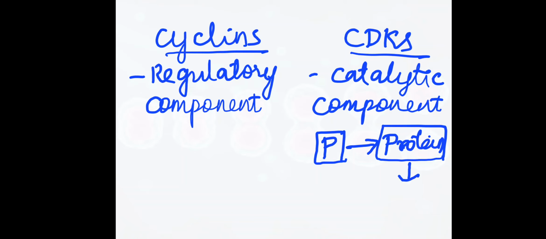Especially, proteins are made up of amino acids, right? So there is a particular amino acid. This CDK adds a phosphate group to the particular amino acids. So the cell cycle control system is an engine that drives the progression from one step of the cell cycle